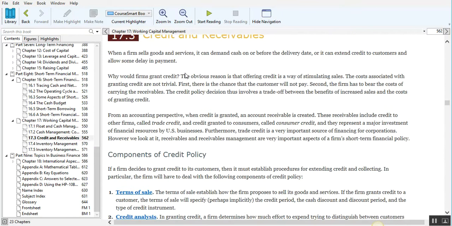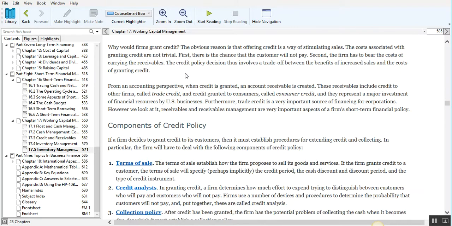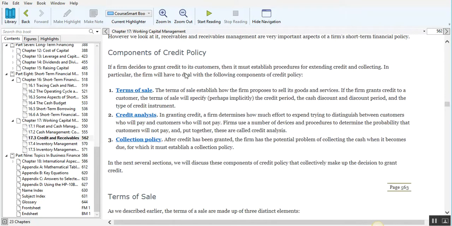When we're talking about credit and receivables, when you sell goods, you're usually going to have an accounts receivable of some kind, because many of the customers you're going to deal with are interested in acquiring a regular payment cycle, so that when you actually sell them something at one time during the month, they'll be able to write those checks and pay those bills. So when we look at credit policy,